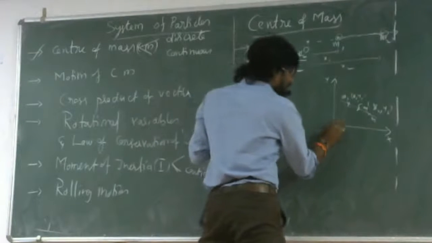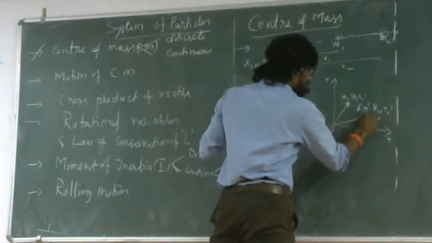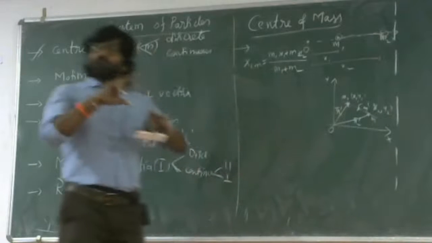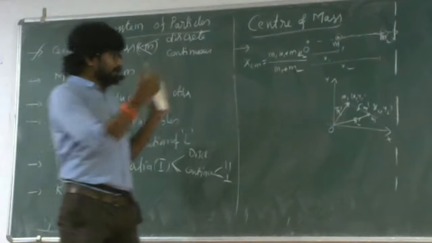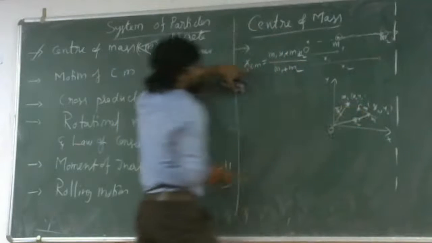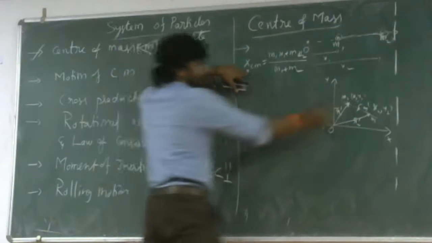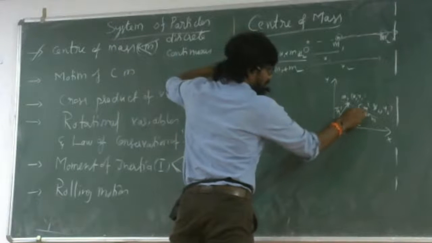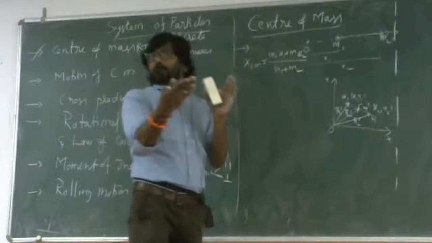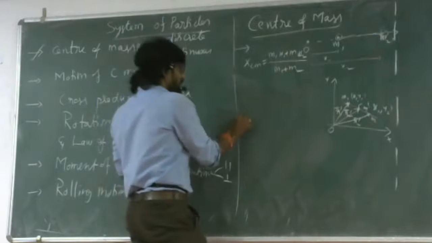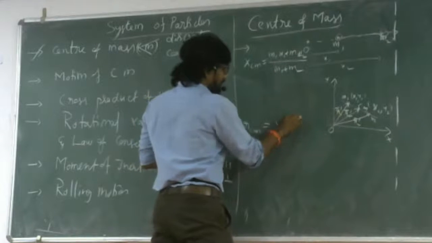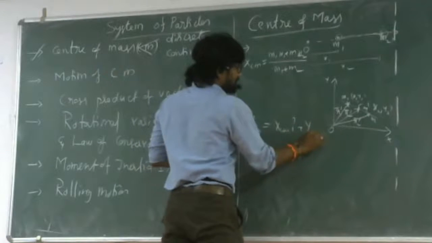Sometimes the position vector also may be given. The position vectors of these two particles also may be given, R1 vector and R2 vector. So in either way, we have to write the expression for the center of mass. If position vectors are given, we have to find xcm, then ycm, and this will be the position vector of the center of mass, rcm vector. Its coordinates are given as xcm, ycm. Got it? So you can say rcm can be expressed as xcm i cap plus ycm j cap,